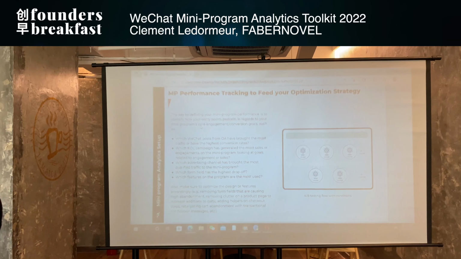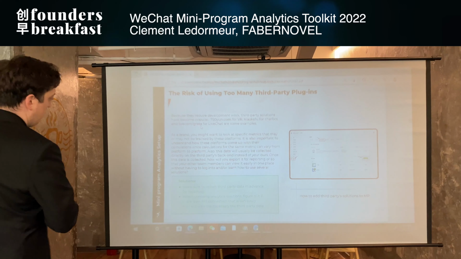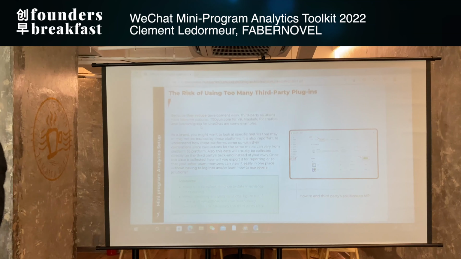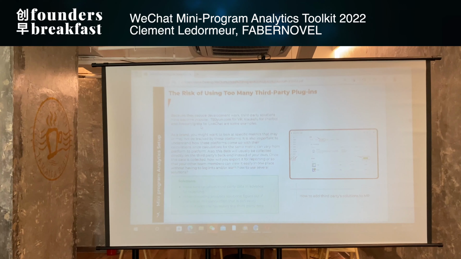I want to talk about performance and optimization. There is one thing when you build your mini program: it's about plugins and solutions. There are plenty of solutions that you can use for VR. For example, I was working with a co-working space. The co-working space, boom, COVID hits, right? And then they wanted to show the office space on the mini program. For this, I said it would be too expensive to build, so use a third-party solution, a 360 VR plugin, to showcase the office space.